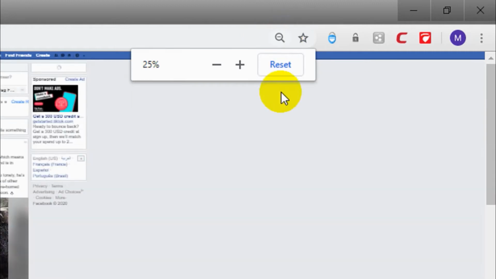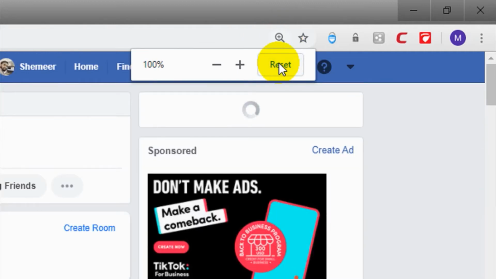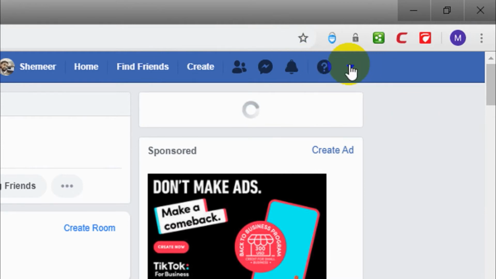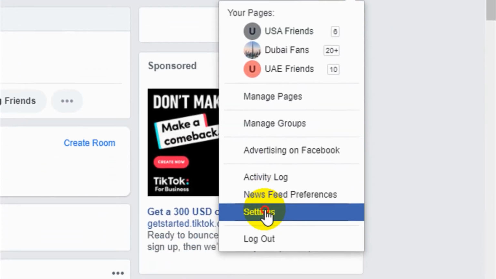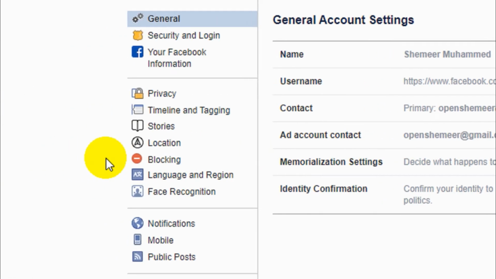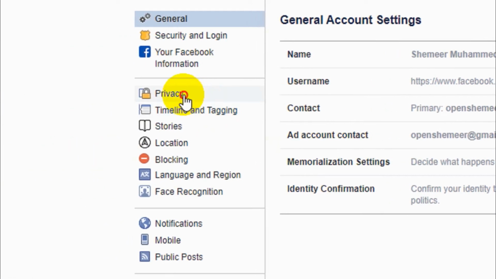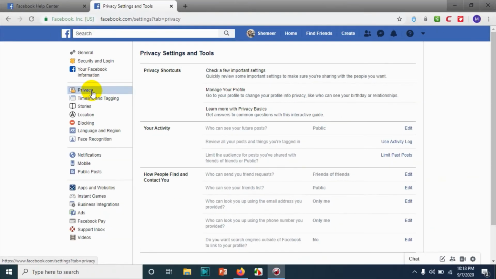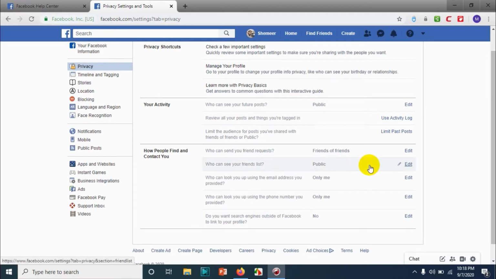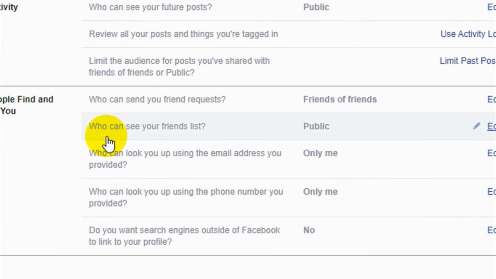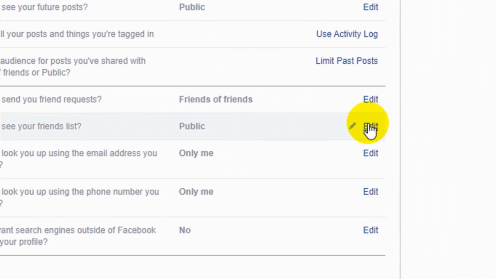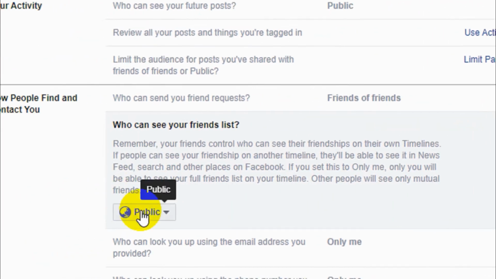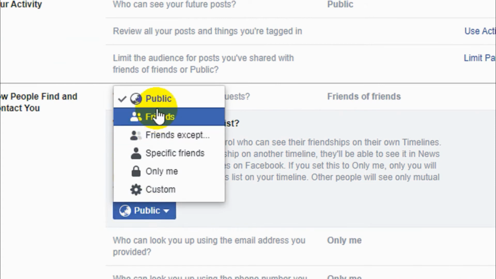Let me reset. I'm changing this browser. Okay, so click on the arrow pointing downwards and click on settings, and you can see on the left side there is privacy option. Click on the privacy option, and under the privacy you can see how people find and contact you option. In that there is option who can see your friend list. Currently it's set to public, so click on the edit option and change it to friends if you want to